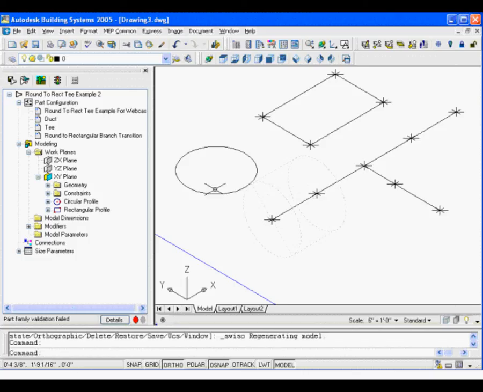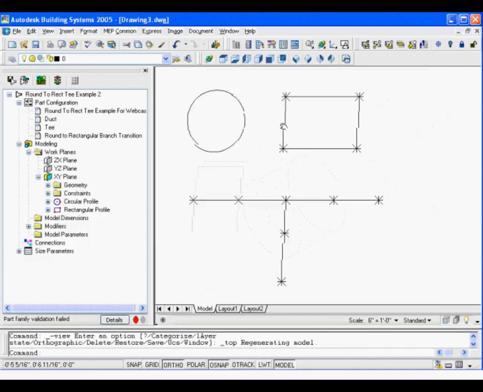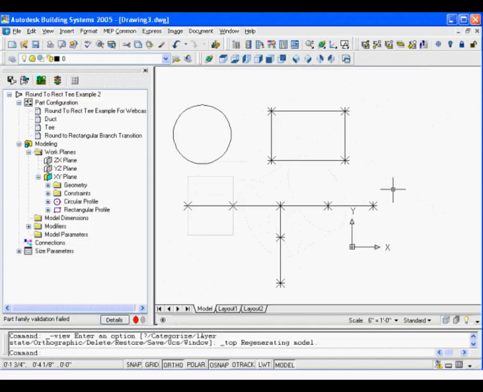Okay, so that's the relationship between taking the 2-dimension of a profile, applying it to a path in this case, and it creates a 3-dimensional shape. Right? And if I go back here to the plan view, I'm going to continue to do that for the rest of my pieces. So I also want to apply this same circle,